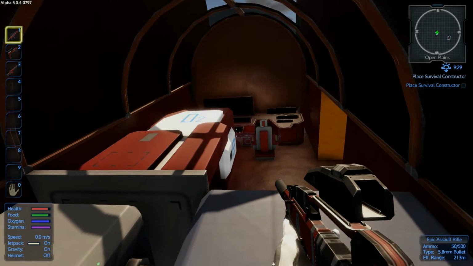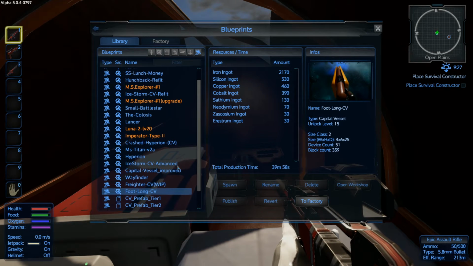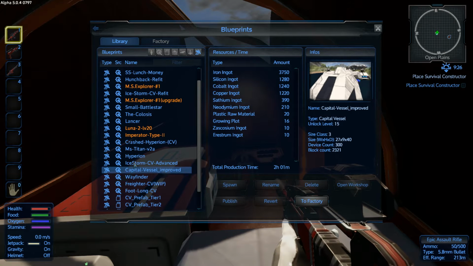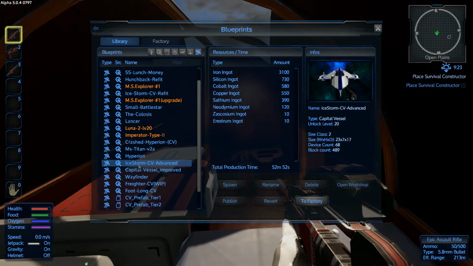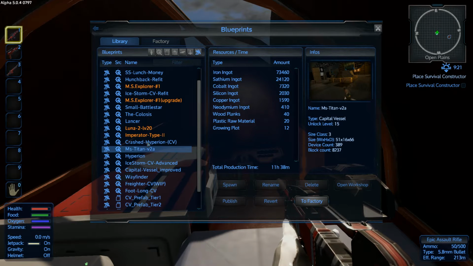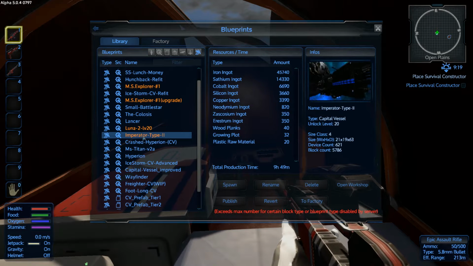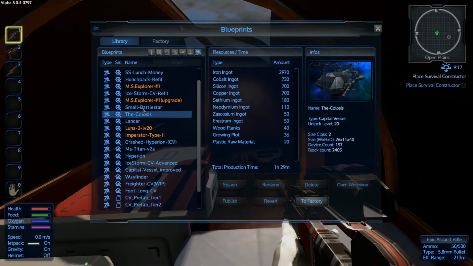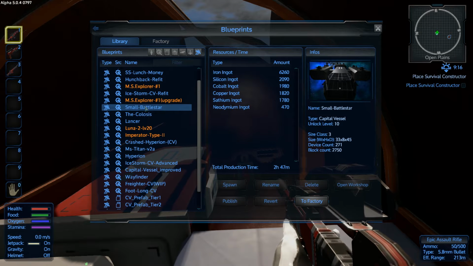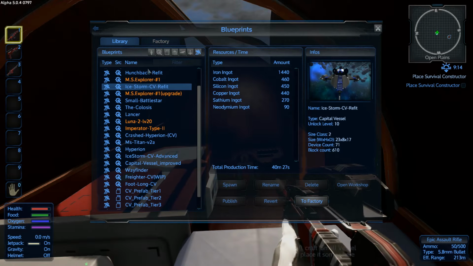I'm not even speaking about making, because you all know my creative skills, right? So I do have some impressive capital vessels. Actually, Ice Storm made by Draxis as well was really nice and compact. Here's MS Titan, the Luna 2, that was back in the day. I've made that as well, and Imperator, the Lancer, all of those are really nice, but big CVs. And if you want to make them in your factory from the library,